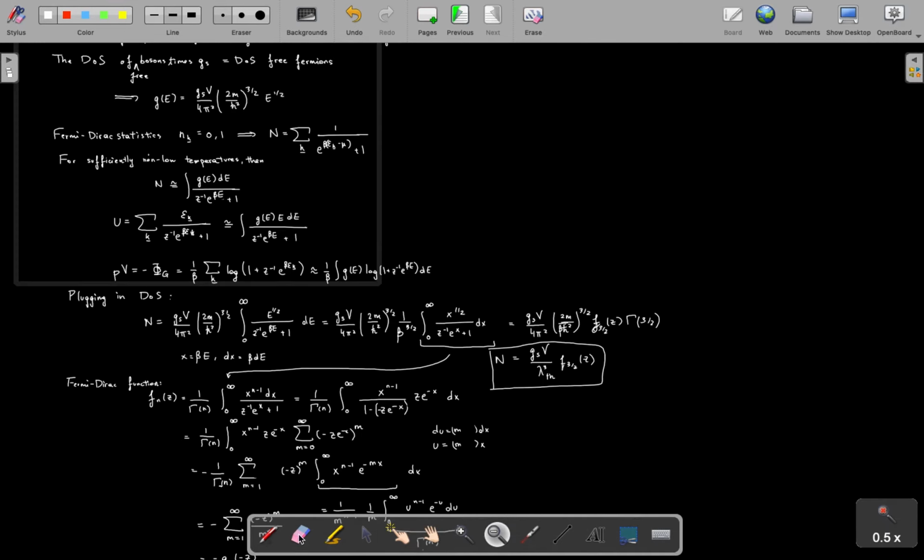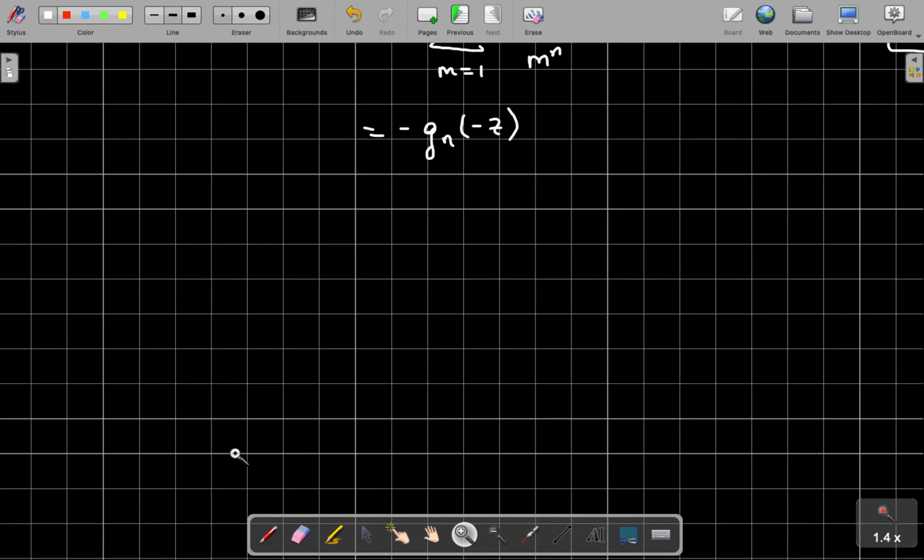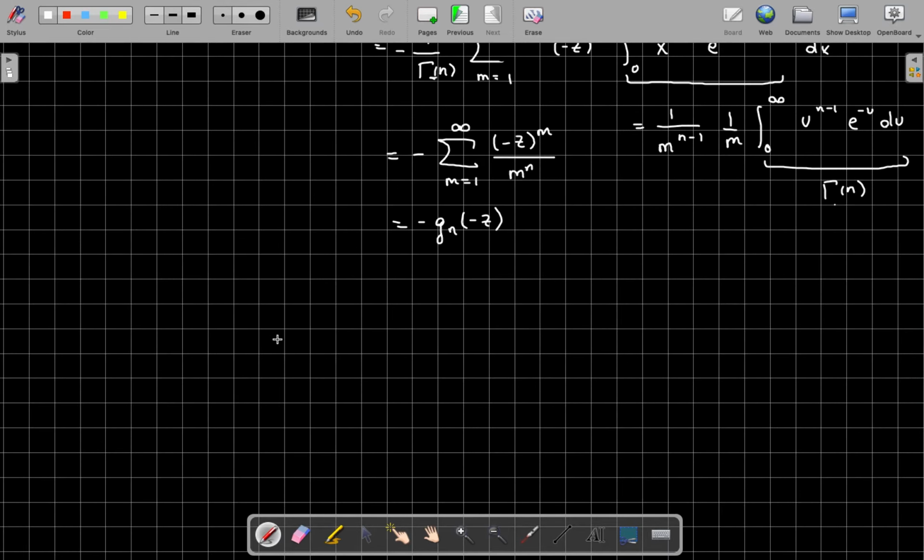So the internal energy we said is equal to the integral of GE E dE over 1 over z to the minus 1 e to the beta e plus 1, and we said this is equal to gs v over 4 pi squared 2m over h bar squared to the 3 halves